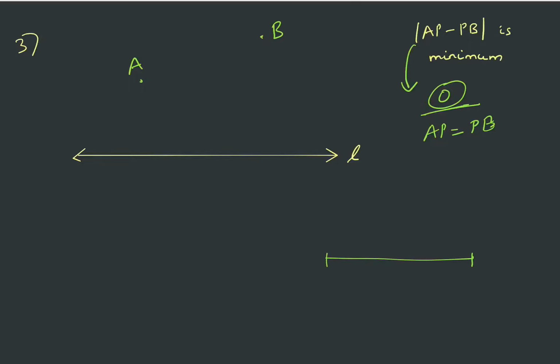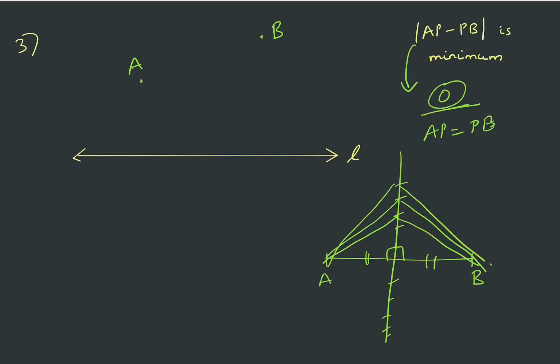So let us consider for an instance there is a line segment AB. Now what are all the points P such that the distance of P from A and B are equal? So that is nothing but the perpendicular bisector of AB, right? Because if you take any point on the perpendicular bisector of AB, you will notice that the distance of that point from A and B is equal.